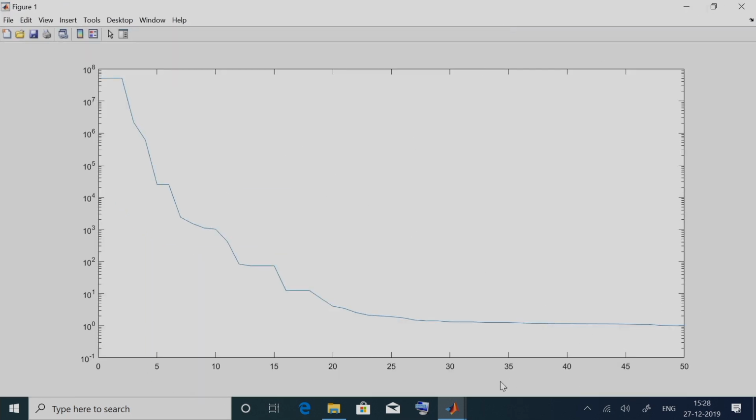The x axis is iteration; I am not putting the x label and y label. So, initially it started with a really high value, something into 10 power 7, and then it brought it to a value closer to 0. Here we can actually see the performance of TLBO, that it helps us to progressively find better solutions. With that we will end this session. Thank you.